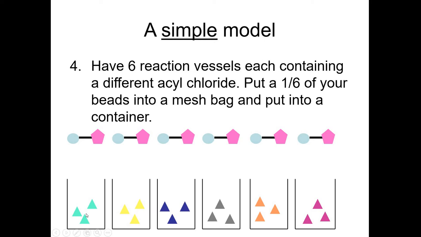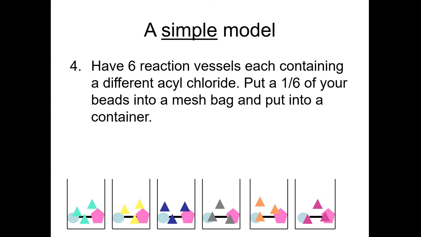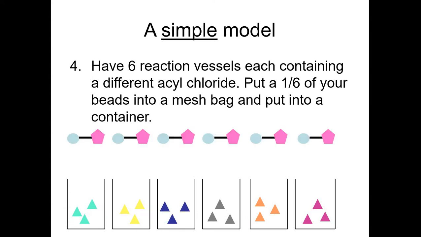Now here you can see the vessels. These contain different acyl chlorides, shown in different colors. Now we have passed the beads. What happens is that we have the beads and the solution, and we pass the beads over the first, then the second, and so on. Here you can see the changes. These two things are mixed with each other. You can see the solution is passed over the resin or beads.